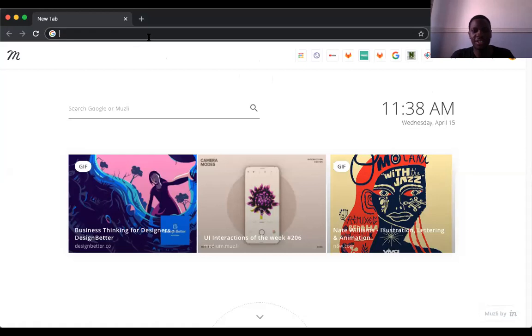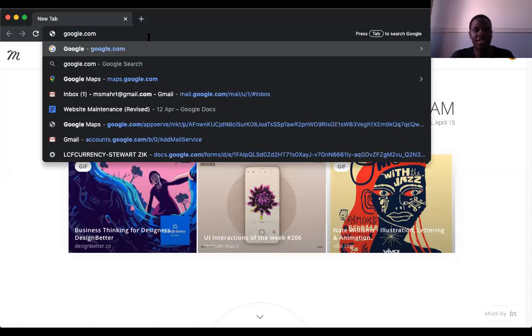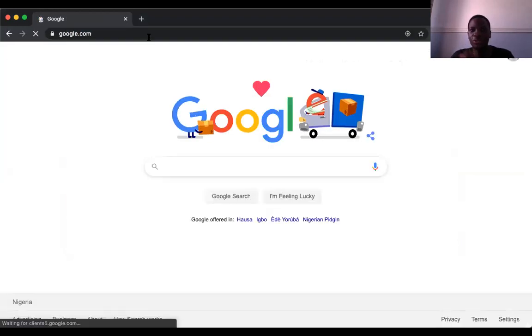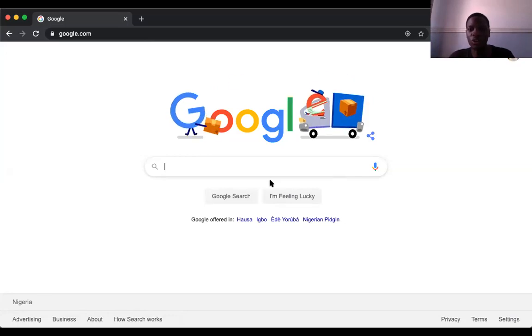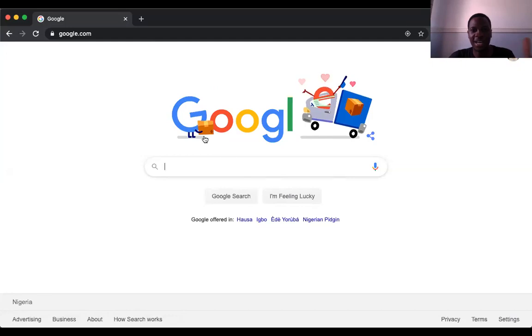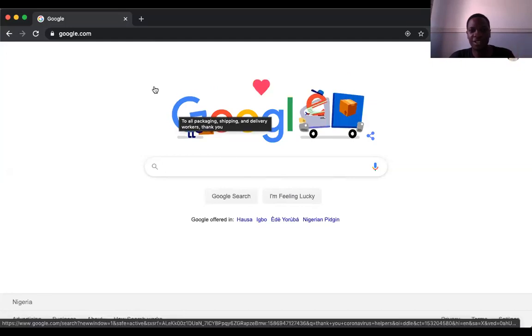Just like we said, if we type in google.com, this is our browser making a request to Google servers to fetch the home page of Google's website. Now, this particular page, everything you're seeing here, is a single web page. This is not the entire Google website you're looking at. You are looking at just a single web page from Google.com. Remember I said a web page could contain an image, like you can see here.